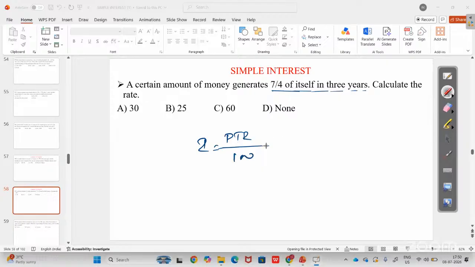7 by 4 is nothing but, so in the denominator, I will go with the interest equal to 3 parts. So P is nothing but P only. Time period equal to 3 years, where R we need to find out. So this will be equal to